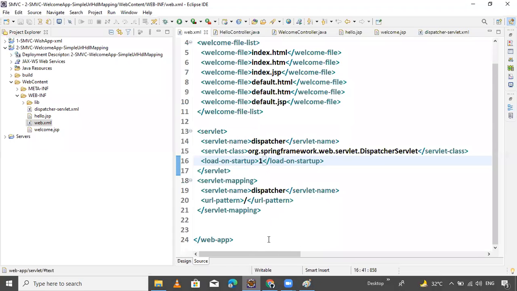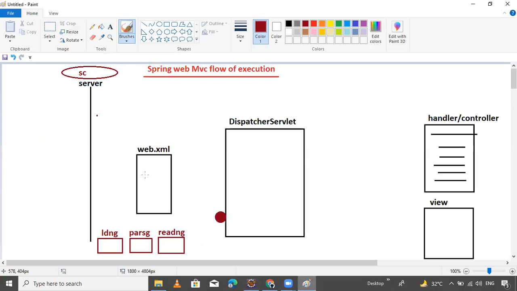Here, guys, I'm showing the practical. Don't worry, I will teach you in parallel. The server container will identify load-on-startup in this web.xml file, under which configuration? The dispatcher servlet configuration.